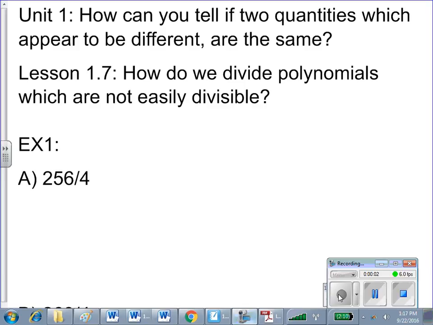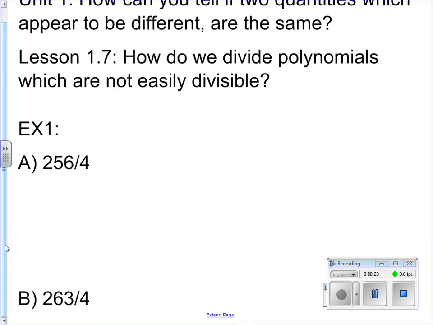Hey guys, this is lesson 1.7, the last lesson in this unit. And again, just to reiterate, the essential question is how can you tell if two quantities which appear to be different are the same? Today's lesson aim is going to be how do we divide polynomials which are not easily divisible. So the first example we're going to do is just kind of to recall how to do long division,